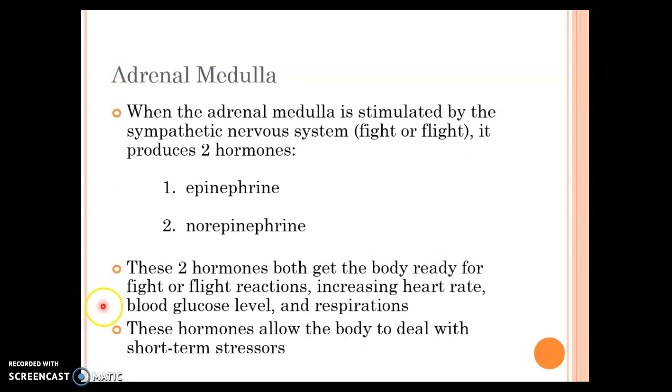The adrenal medulla is responsible for producing two hormones, which are epinephrine and norepinephrine, which are doing the